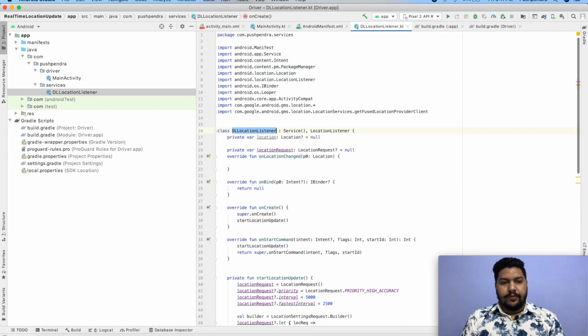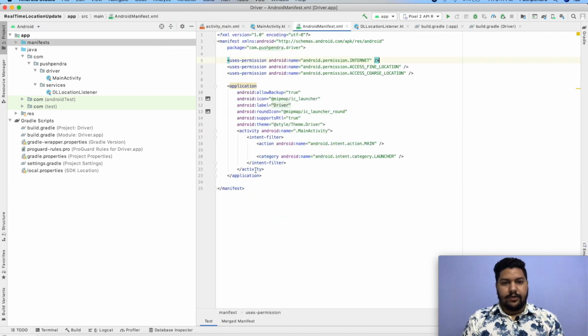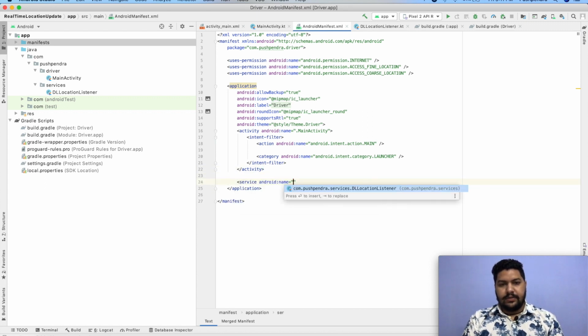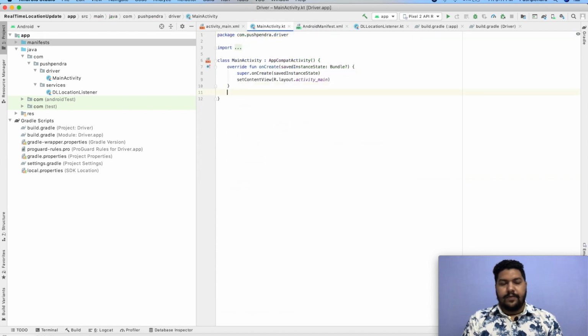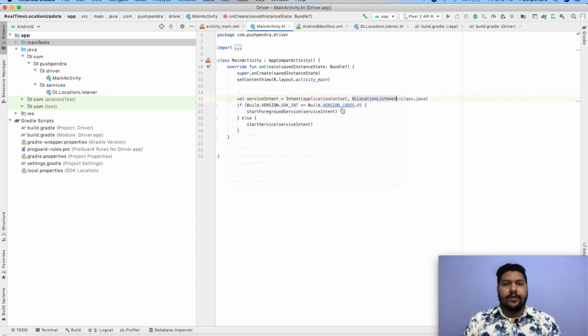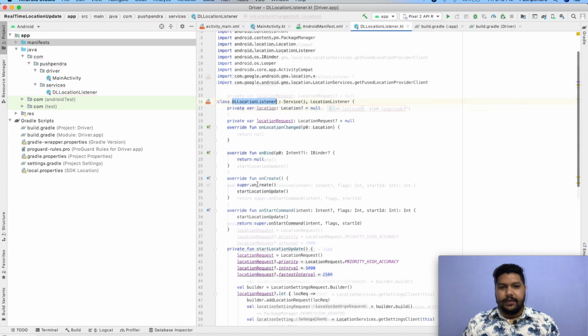Now I'm going to attach this into my main activity inside the application tag, and here it will be service, name of the service, that's it. And from here I will call that service, so SL, got it.